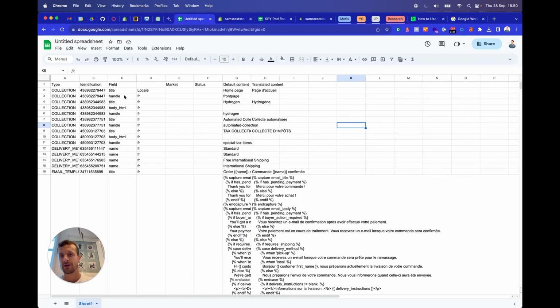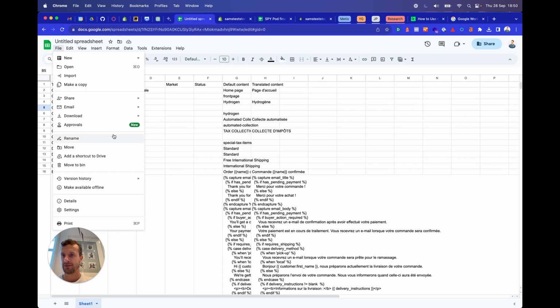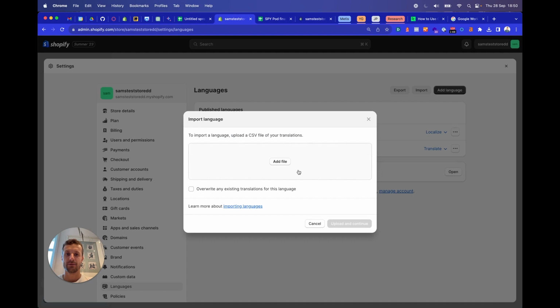Obviously, you have to make sure that you don't change anything in these fields. But if you export this file or download it as a CSV, then you should be able to upload it here. And then you always have the backup that I'm